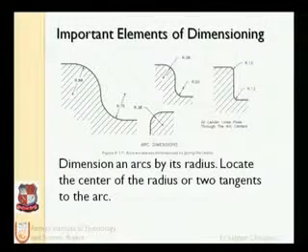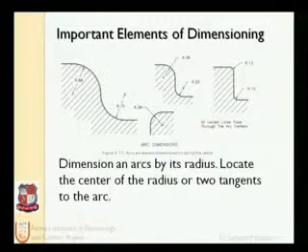The radius, as we can see, is written R, and it is shown from the center to the radius. If it is an outer radius, the center must be shown by two crossing lines perpendicular to each other, and it's